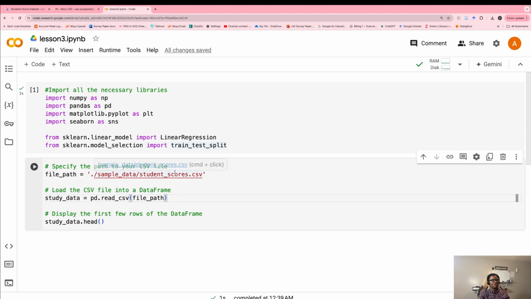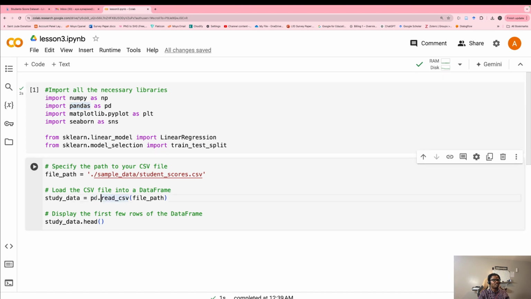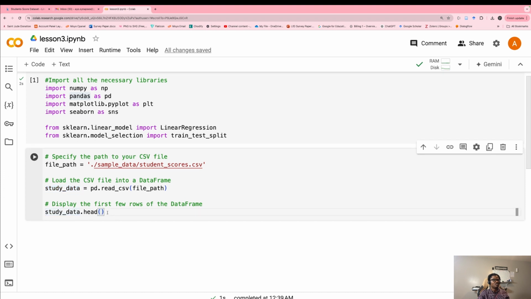Then we need to load the data, to read the data, and since the data is CSV, there is a function in pandas that can read CSV. So we read the CSV inside here. Now this is the data right now. This data.head is just to show us some information about the data.